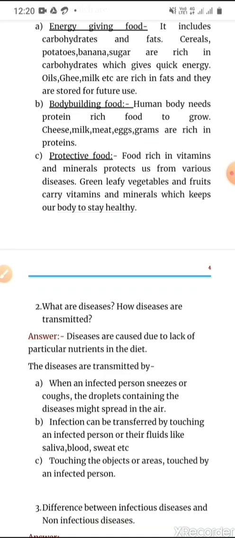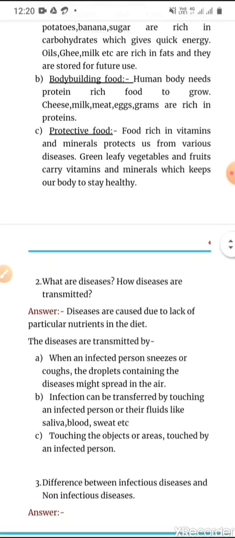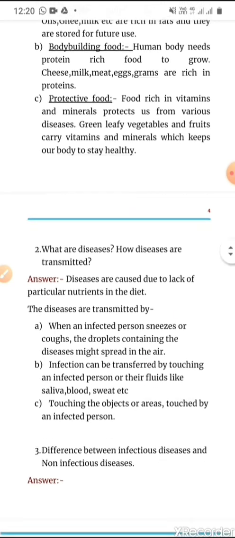Answer. Diseases are caused due to lack of particular nutrients in our diet. Means we are lacking any particular nutrient and we are not taking that in our diet. That causes disease. Diseases are caused due to lack of particular nutrients in our body. Now we will write how